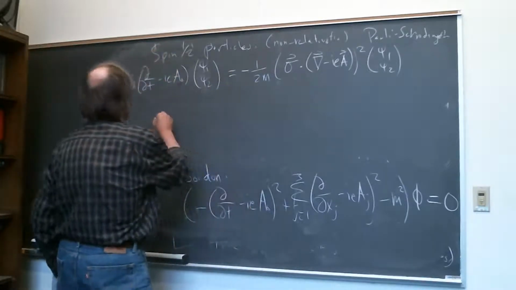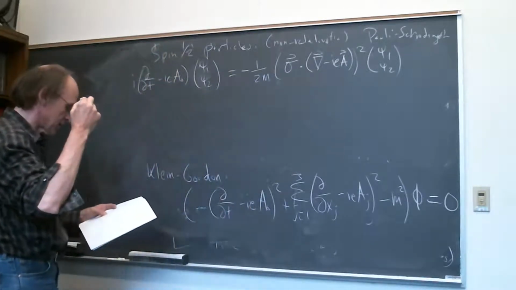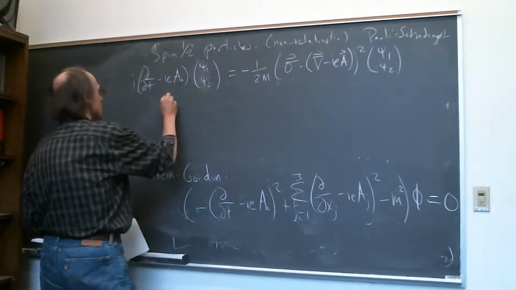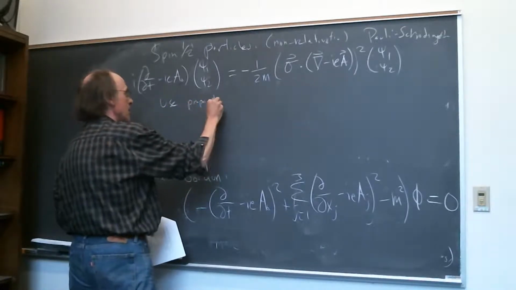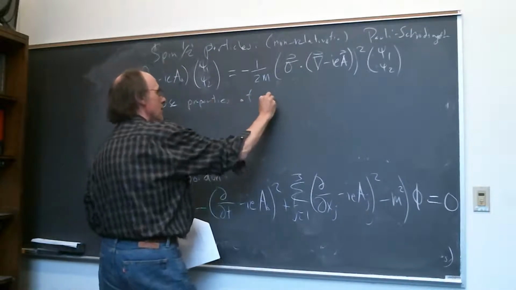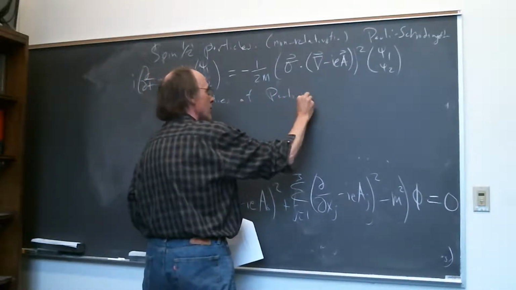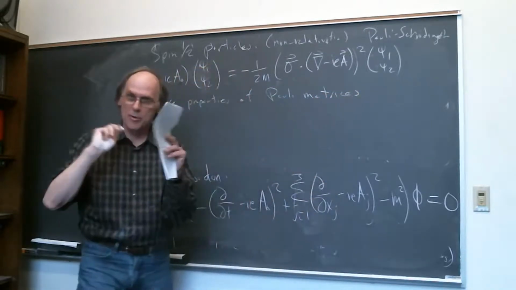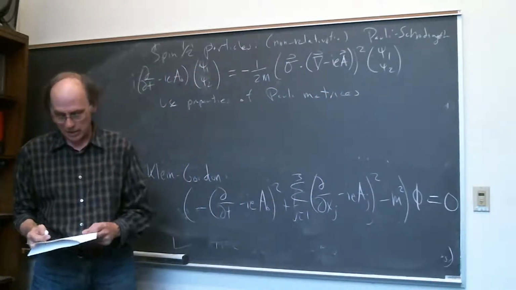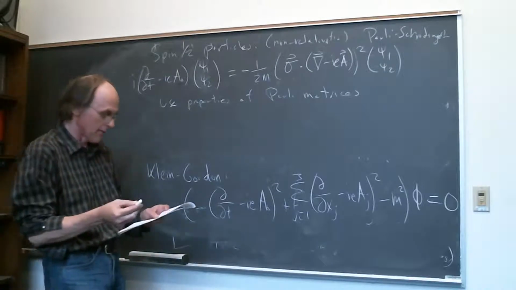You use properties of Pauli matrices. So you have to use the commutation and anti-commutation relations for Pauli matrices, but then you can show that